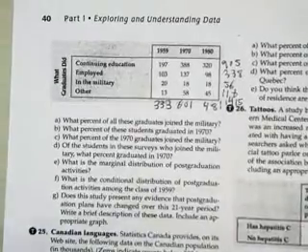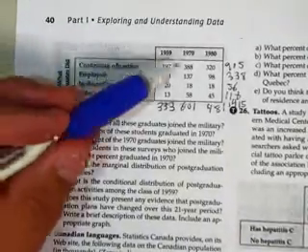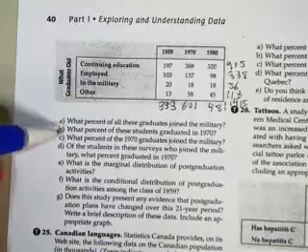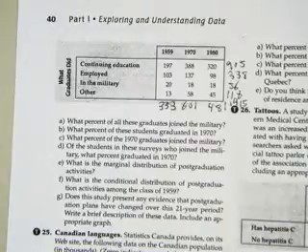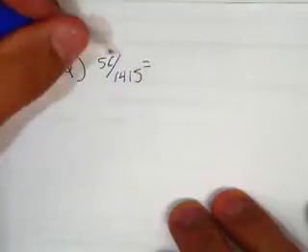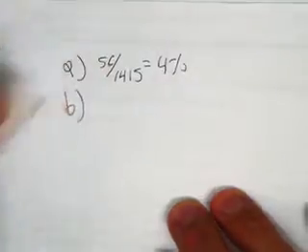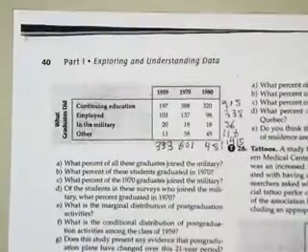Okay, so in this problem here, we have a contingency table, and here's what we're going to do. We're going to answer these questions. So, what percent of these graduates join the military? So in A, we're going to do 56 divided by 1415,